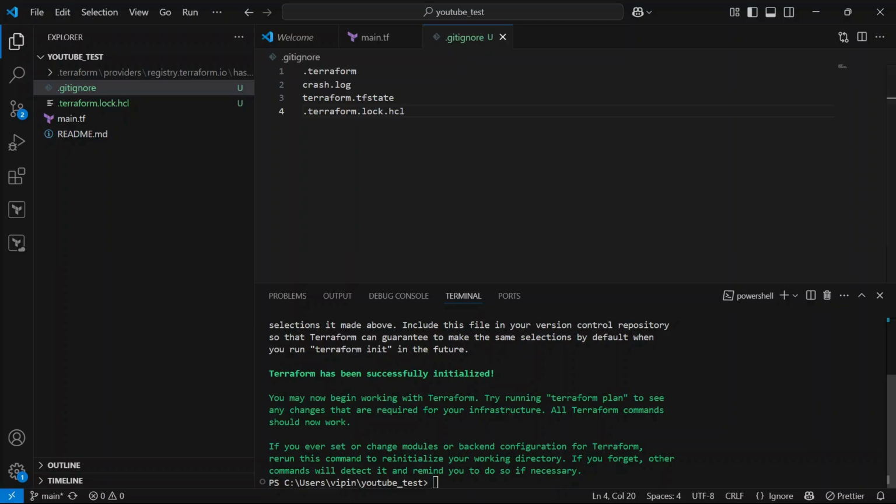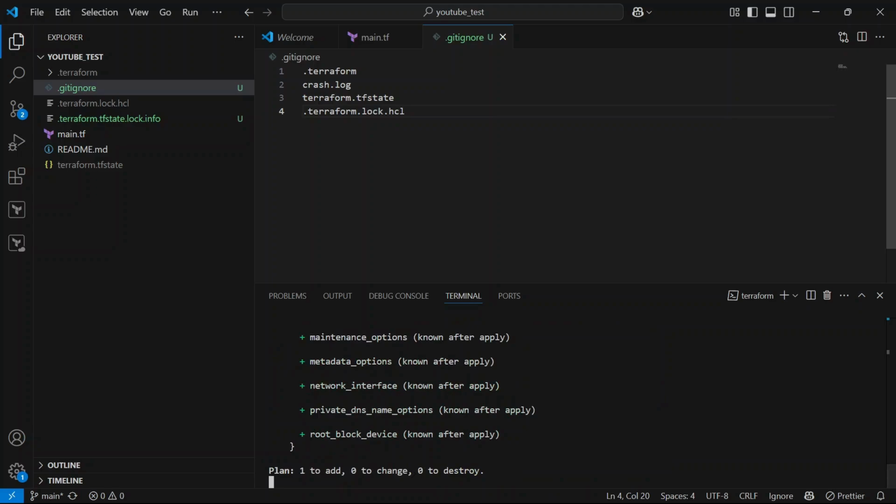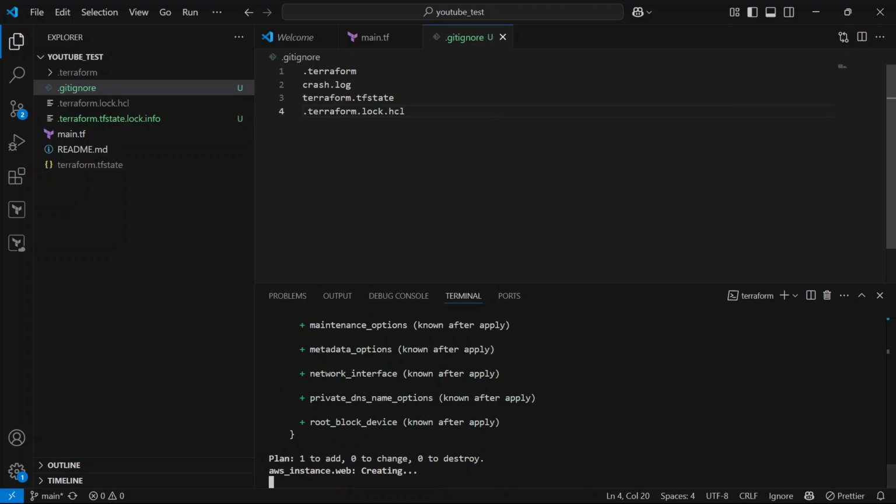Okay, let's run terraform apply -auto-approve. The terraform.tfstate will be ignored and will not get committed to GitHub.